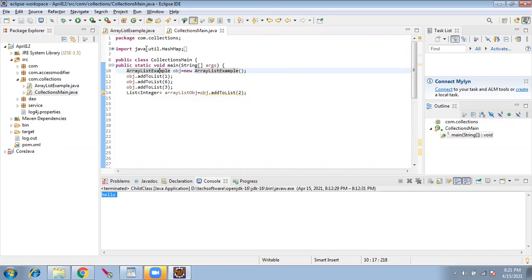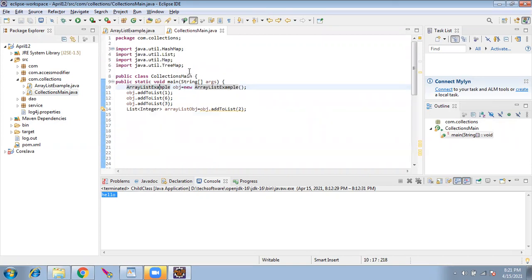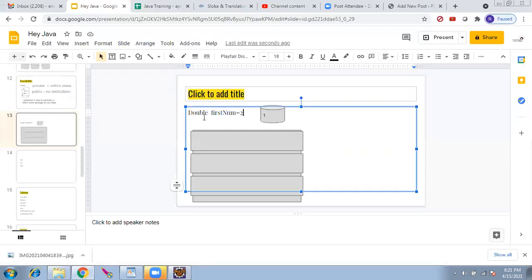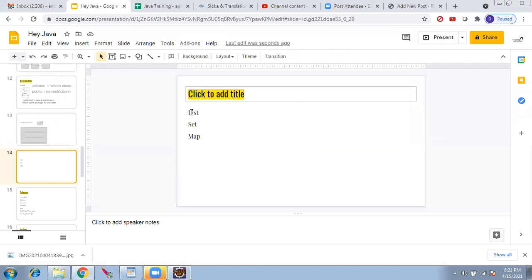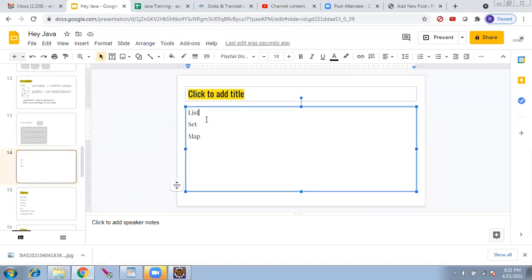Yes, I'll tell now. Array list comes from the list interface. Yesterday we studied what an interface is. It's a contract. From list, we have many classes. We have array list, we have linked list, like that.